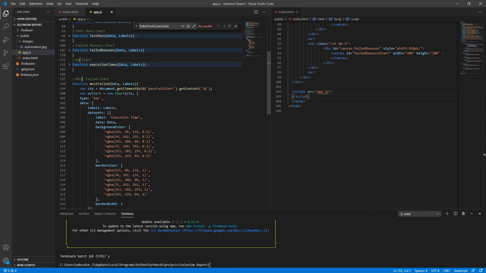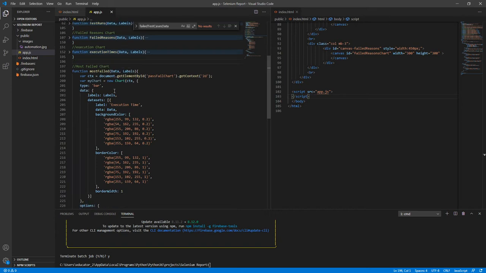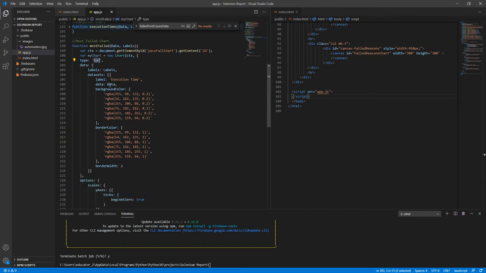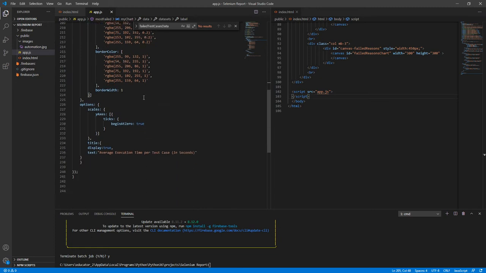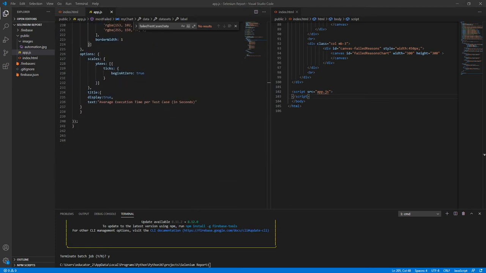So this one is execution chart, most failed, and then most failed, let's just make it a line graph, and then here test cases failing the most. Descriptive enough? I don't know. And then here most failed test case. Okay,